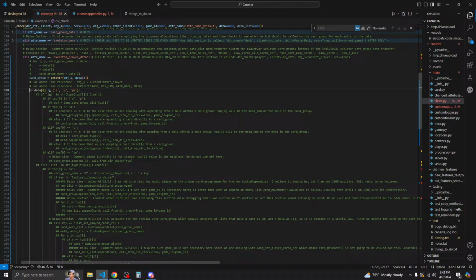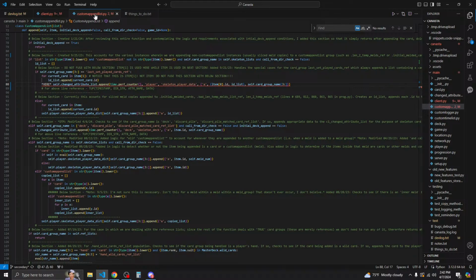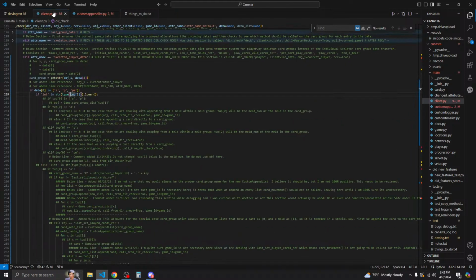And we'll say if data 0 is in A, P, or M, or rather PM, sorry, then if int is in string type of tup1, so I'm pretty sure this would be data1 instead. Yeah, because the only thing we changed was that the data is what contains this information now, not the tup.